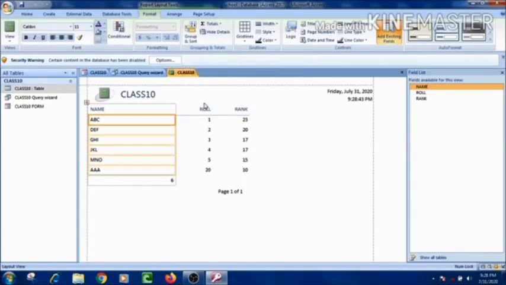But whenever we are going to create the report by using the report command, you can see that 3 new tabs appear in the ribbon, that is the format, arrange and the page setup. By using these tabs, we can do the formatting in the report. Suppose that by using the format we can add some formatting features to the field, just like I am doing here. I am making the name field bold and center, and we can select them all.